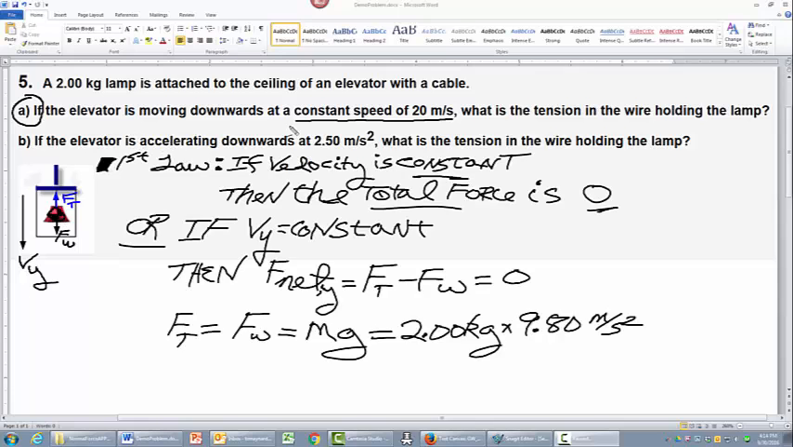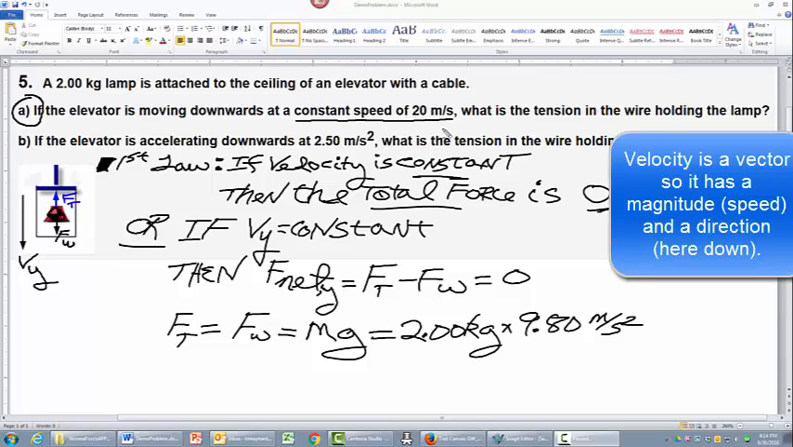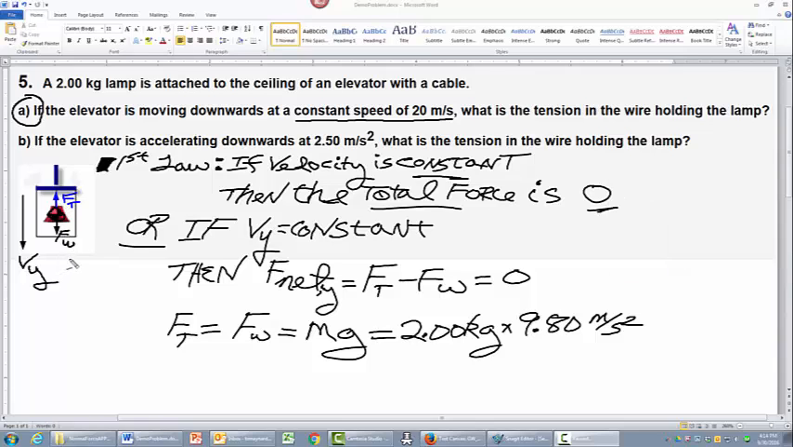To solve part A, we note that the lamp in the elevator is moving with a constant speed in a straight line. It's moving downwards. We recall what Newton's first law says. If velocity is constant, then the total force is zero. This is a vertical, or y-axis, problem only. We can rewrite that as: if v sub y, the velocity in the y direction, is constant, as it is, at minus 20 meters per second, with the negative direction being downwards,